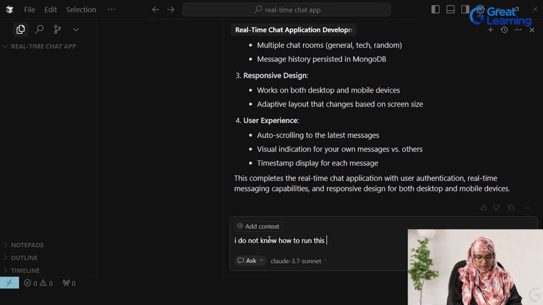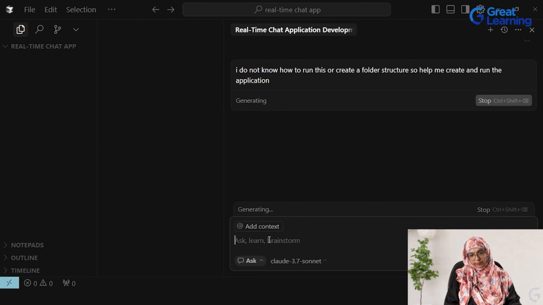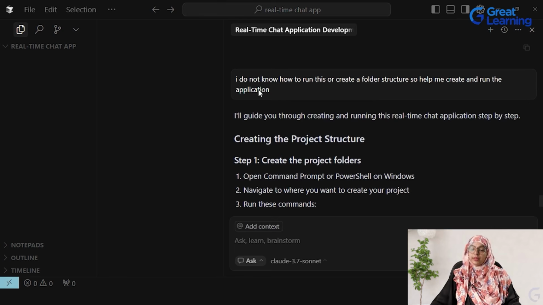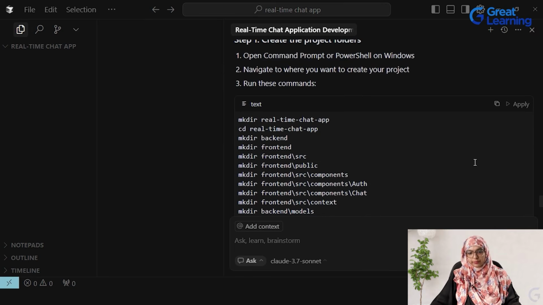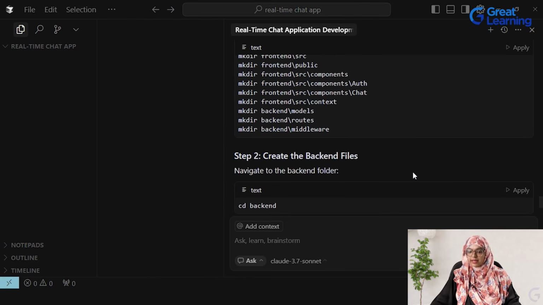So now let me give a prompt saying that I don't know how to run this or create a folder structure. So I'm going to act like a beginner who doesn't know anything. Okay, so help me create and run the application. So let me see what it gives me here. Okay, so I gave a prompt saying that I don't know how to run this. So it gave me a guide on how to create the project structure, right? And then it told me which directories I need to create and which files I need to add in my